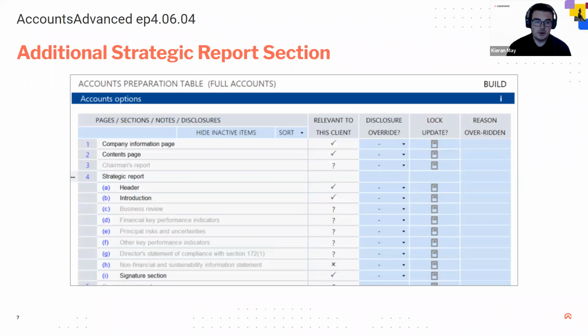I say it's going to apply to most limited companies, but look at all of your different entity types just to make sure this is going to apply. As you can see from the screenshot here, this section is added to the bottom of the strategic report. So you can see here section H, and it has the description, non-financial and sustainability information statement. So this is on the accounts prep table, that final screen before you go through and build your financial statements